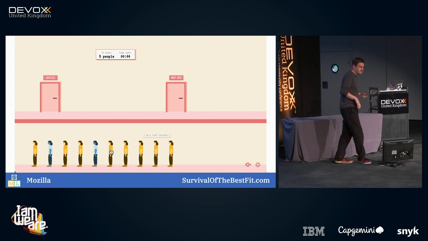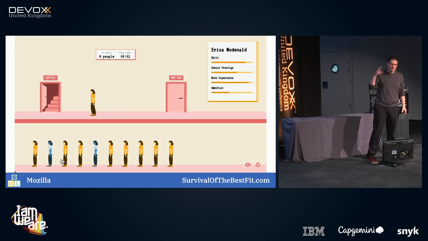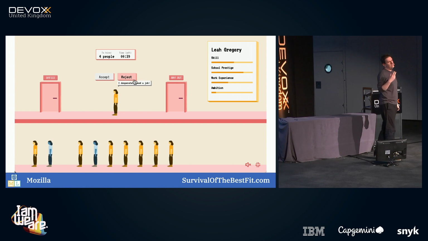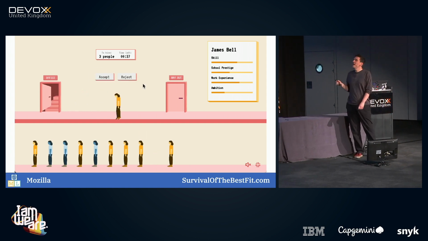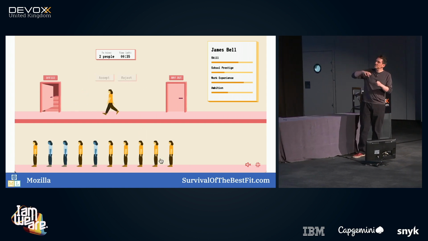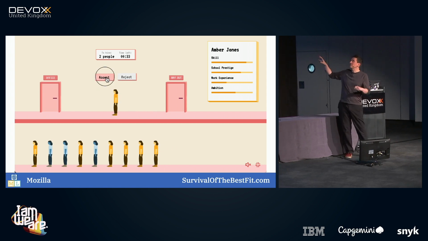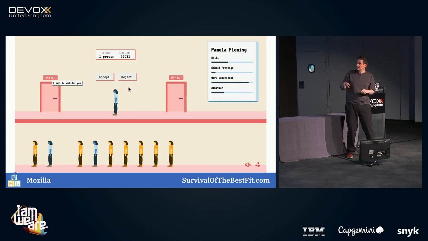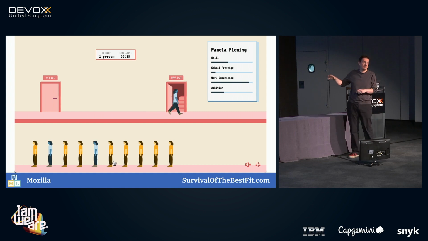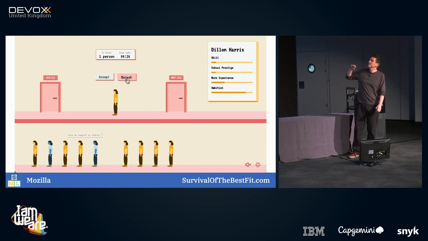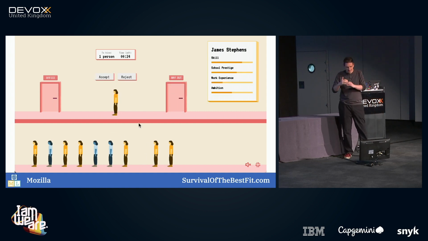It's from Mozilla. It's all about recruitment, the use of AI, the use of machine learning in recruitment. In this thing the kids have to look at someone's CV, the graph is like a representation of their CV, and decide if they want to accept this applicant or not. And they get really tight deadlines.